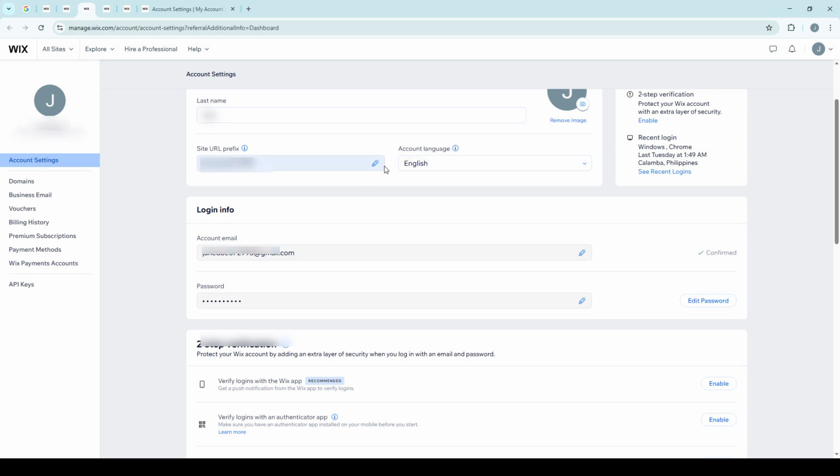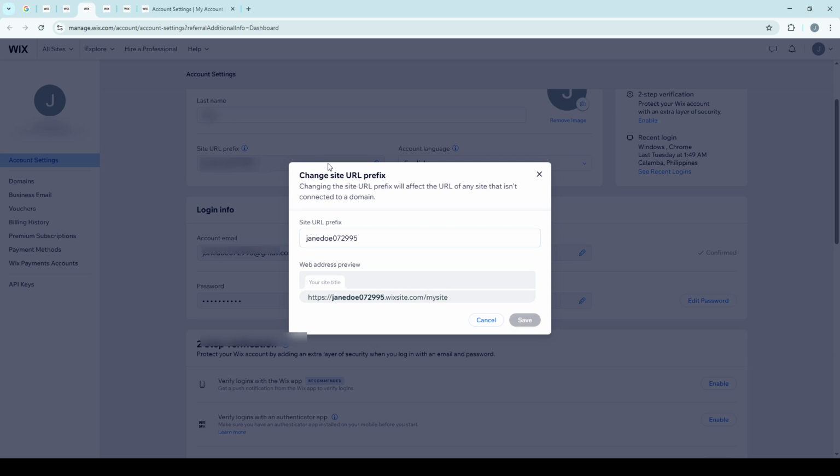As you delve into the account settings, keep an eye out for something labeled Site URL Prefix. The URL prefix is essentially the part of the web address that allows your audience to pinpoint your specific site, right after the www portion. This is crucial for branding and for ensuring that your site's visitors have no trouble finding you. Once you've located the site